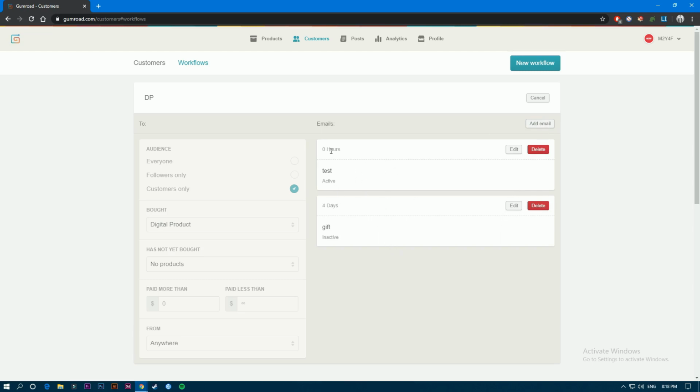So as you can see here, it's a workflow of 0, which is instantly. Then on the fourth day they get this gift, and you can put in more information, and it builds that trust between you and the customer, and they become a loyal one, and you get to sell more to the